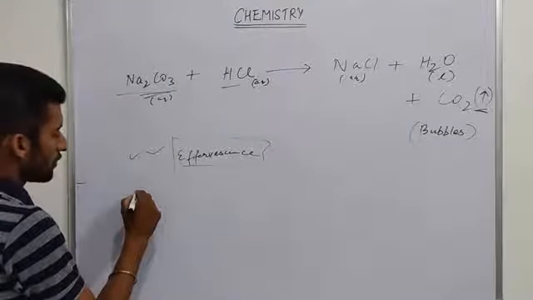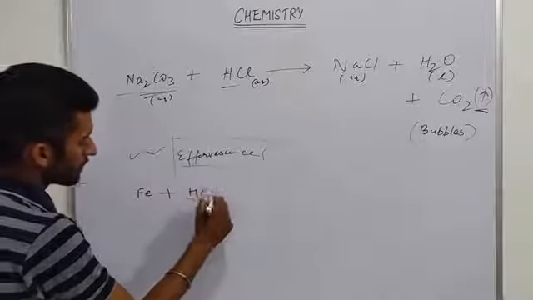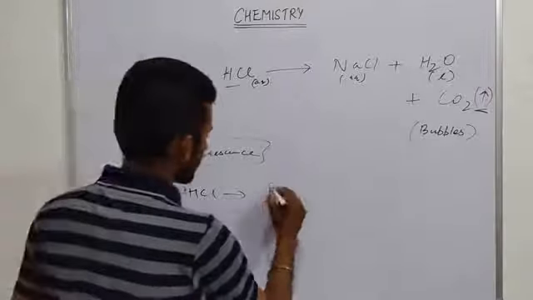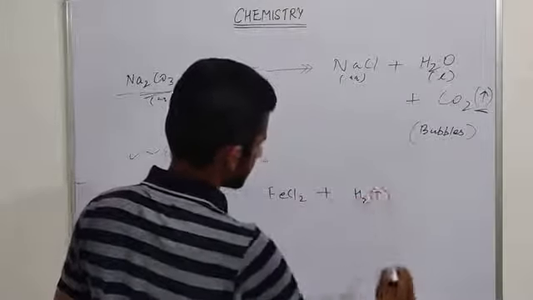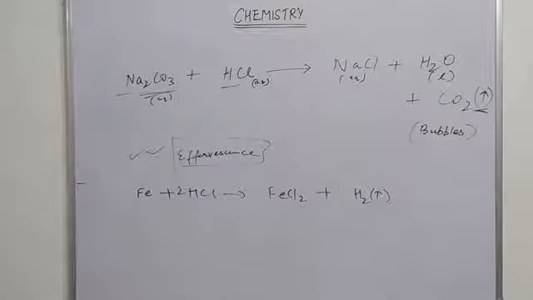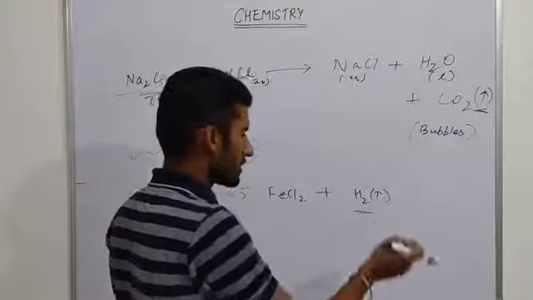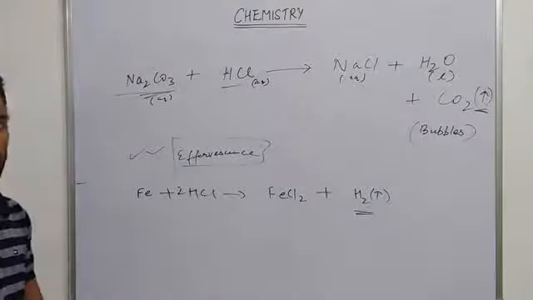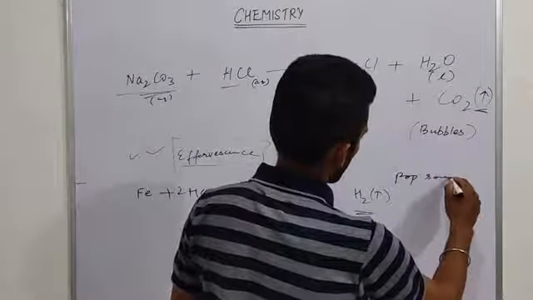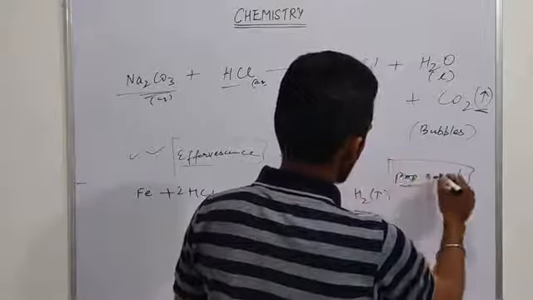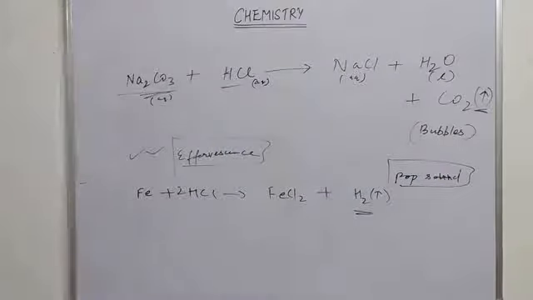Another example, like formation of hydrogen when iron combines with hydrochloric acid. So that also indicates the formation of a gaseous product. And hydrogen, when it is formed, if a burning matchstick is brought near the mouth of the test tube, what will be there? There is formation of a pop sound. So it produces a pop sound. So that also is a confirmatory test for hydrogen, that only hydrogen gas is getting produced.